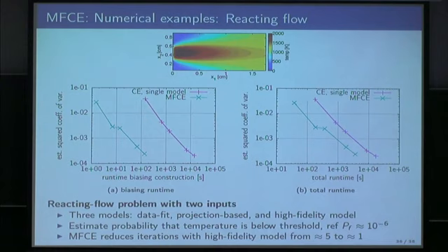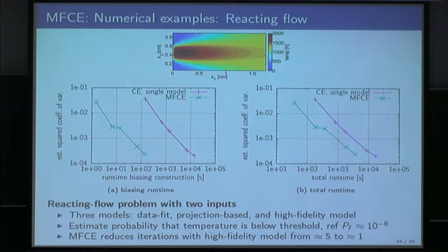Now when we apply our multi-fidelity approach, we obtain these results for the runtime of the biasing construction. Again, you can see significant speedups here compared to using only one model. When we consider the total runtime though, then you can see that here the total runtime is really dominated by this final step that requires evaluating the high fidelity model, and the speedups that we obtain here in constructing the biasing density actually boil down by quite a bit in the speedup that we obtain in the total runtime.